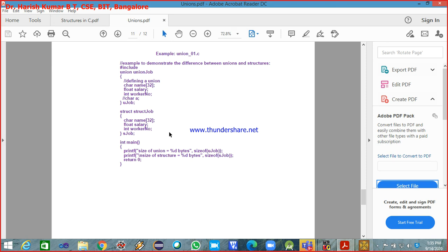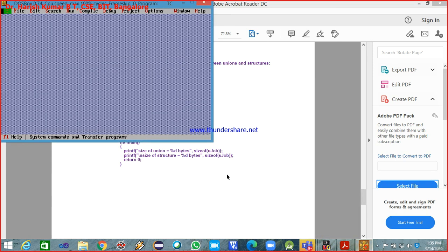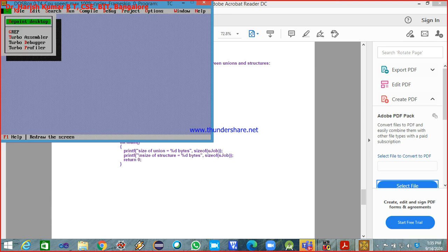On my laptop, if I execute this, you should get 40 bytes because the size of integer is 4 bytes here. So let me quickly execute this and show you, and I'll also uncomment this. I'll comment this statement and uncomment this character A and show you. I'll open my DOS box. The program is already there.